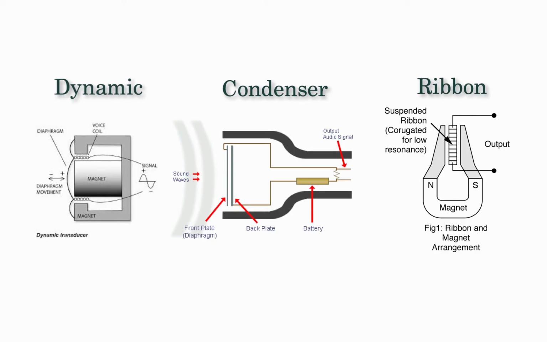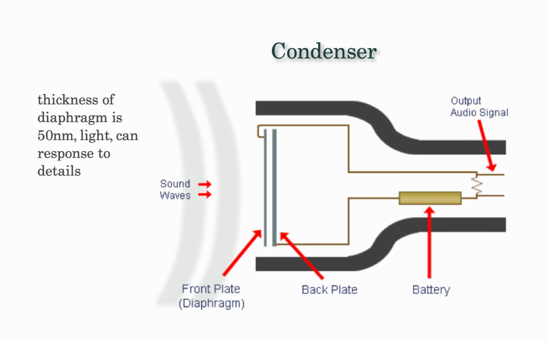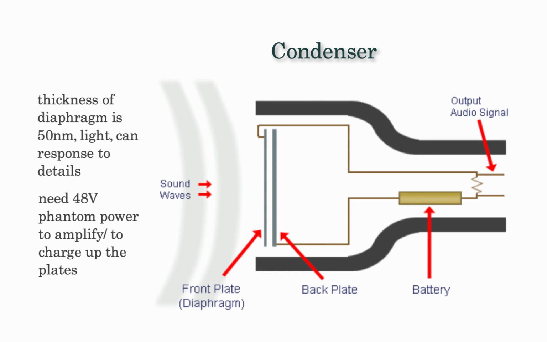The second type is the condenser microphone. The thickness of the diaphragm is 50 nanometer. Due to its extremely low mass, the diaphragm can follow the sound waves more accurately, meaning it can respond to details. Condenser microphones need a 48-volt phantom power to boost up the signal before it leaves the mic. Almost all microphone inputs offer a 48-volt phantom power,